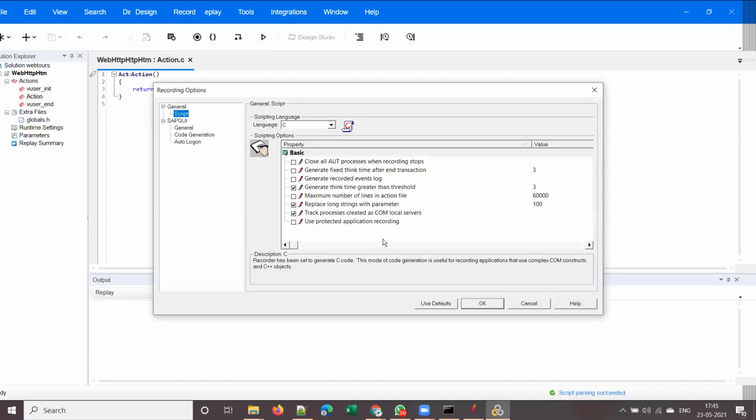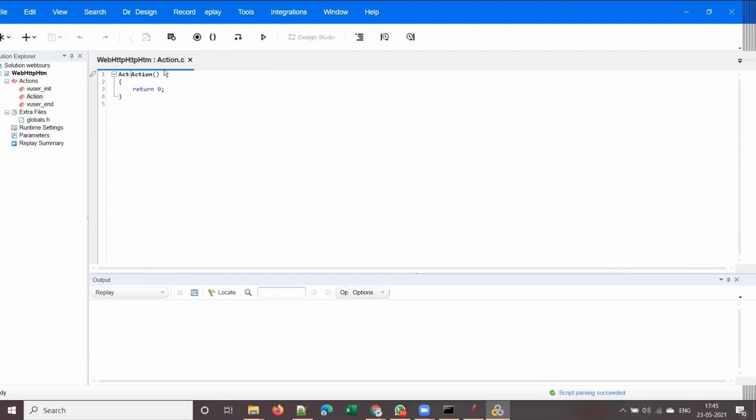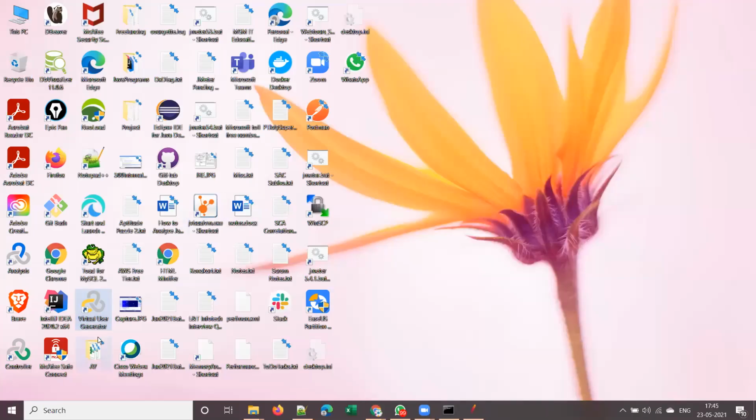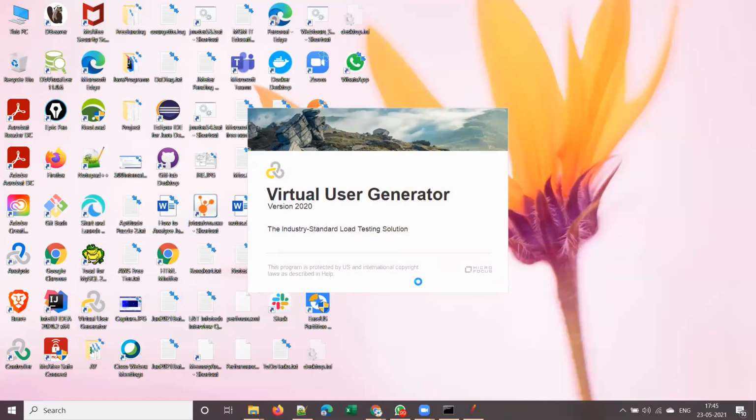Okay, let me share my screen and show it over here. You go to recording options and do this. Wait, which one did I select? This 2020 version has some UI issue, so I will uninstall this 2020 and install 2021.